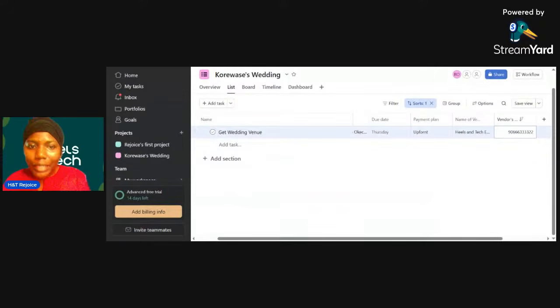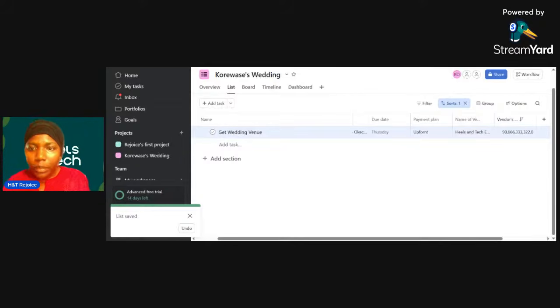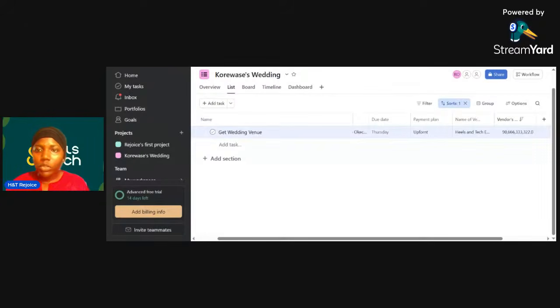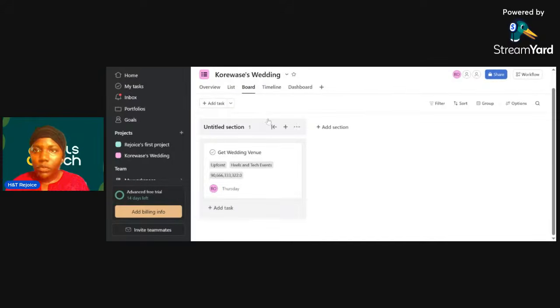Any more suggestions on the fields it should contain? But basically, this is how you keep adding more fields. Then you can save this view for next time. If you have any more questions or suggestions on what we can add to make this Choreoasis event successful, you just do that here. From the board view, you can see all that we've done.